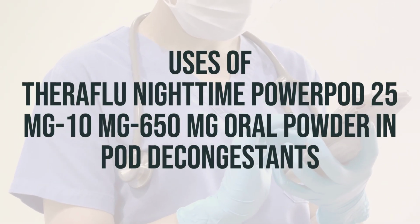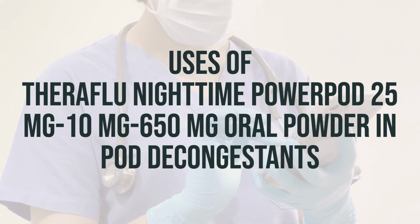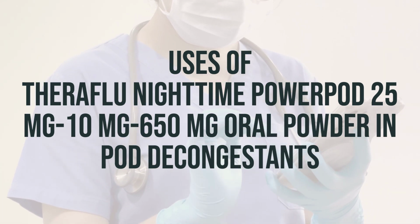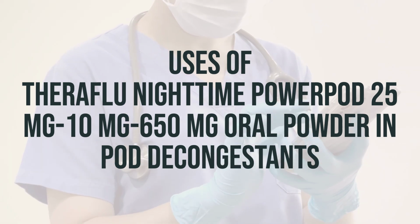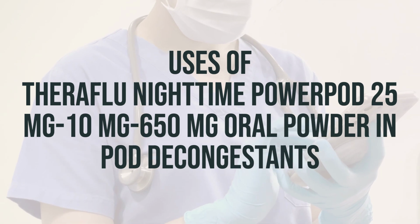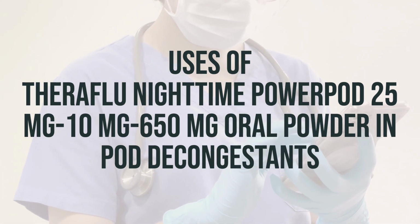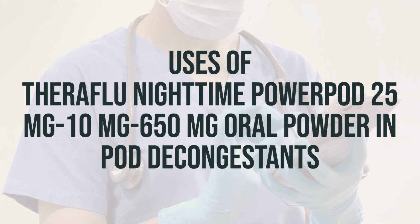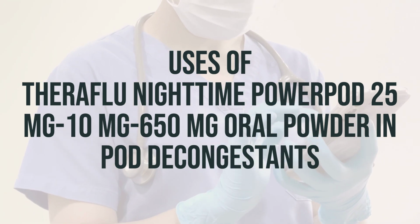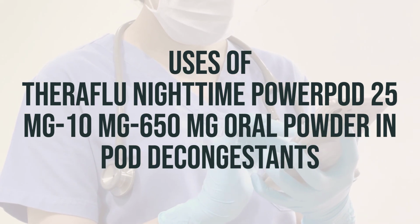Theraflu Nighttime Powerpod is a combination medication used to temporarily treat symptoms caused by the common cold, flu, allergies, or other breathing illnesses, such as sinusitis and bronchitis. Decongestants help relieve stuffy nose, sinus, and ear congestion symptoms. Acetaminophen, APAP, is a non-aspirin pain reliever and fever reducer, while antihistamines help relieve watery eyes, itchy eyes/nose/throat, runny nose,